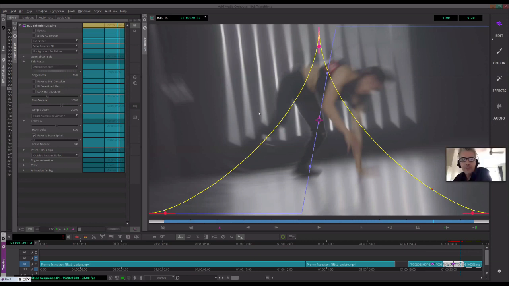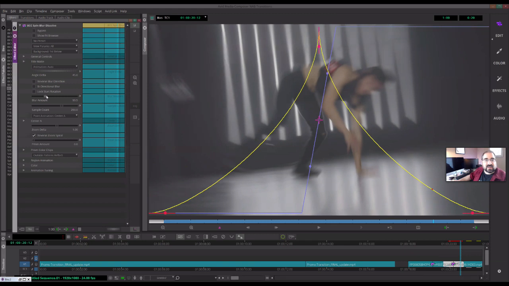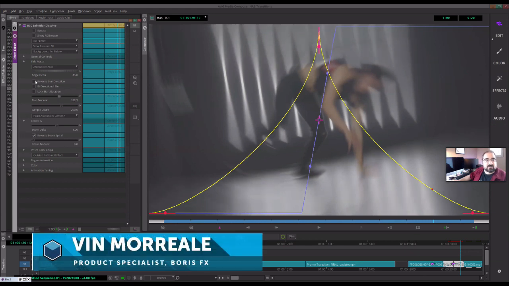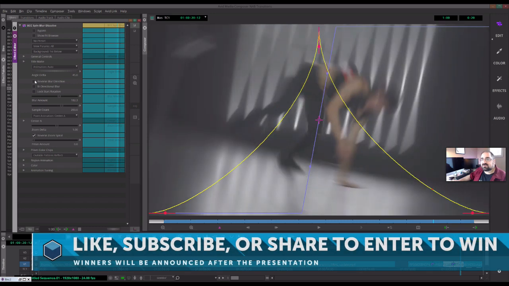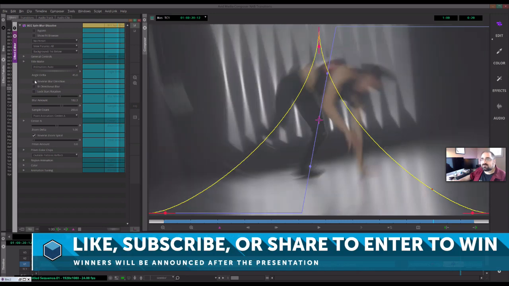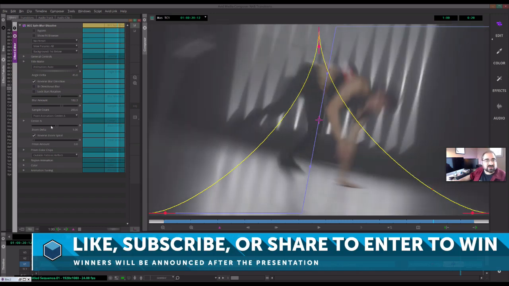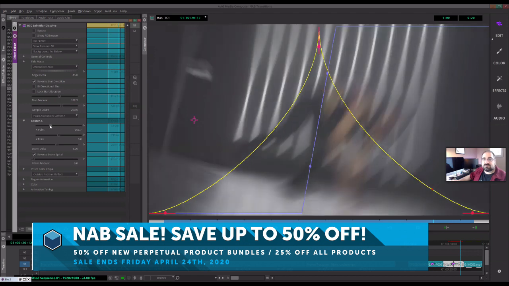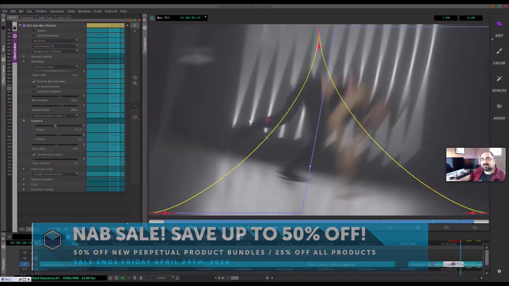Such an awesome look. It's such a fantastic look, and as I did with the Crash Zoom, I can adjust the prism amount. You can adjust how much it blurs. You can change the direction of the blur. So let's say I want to switch that around. Now it's going to spin in the other direction. I can change the center point, where it spins to and from, so that it can center in and around